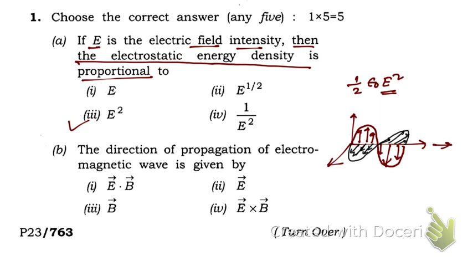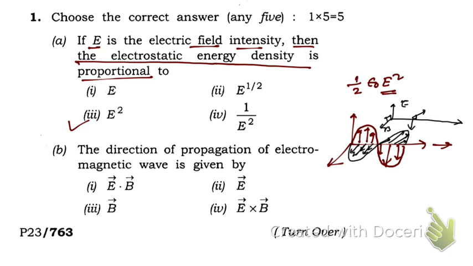This is the direction of the electric field, and in this direction is the magnetic field. When the electric field is downward, the magnetic field is in this direction. Both are perpendicular, and this variation is propagating in this direction,